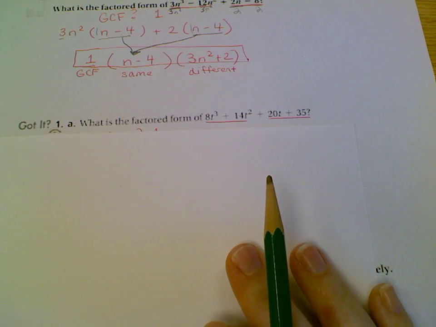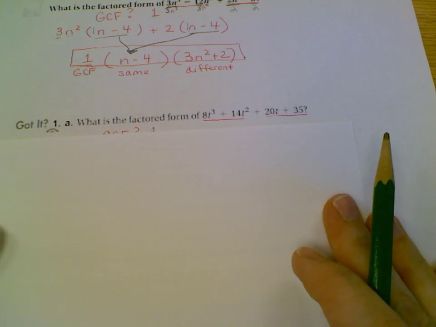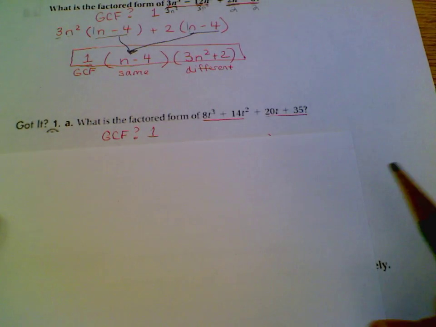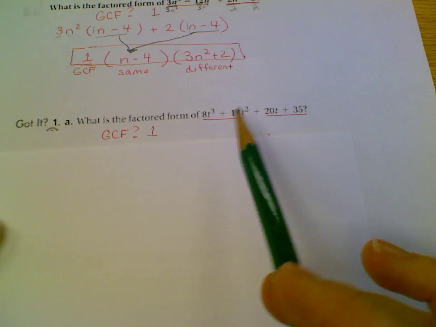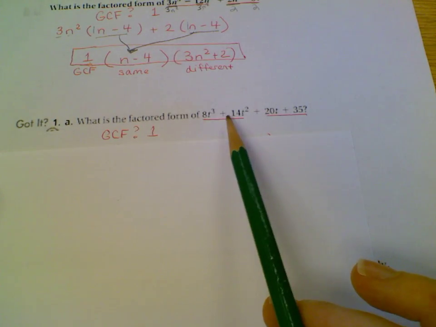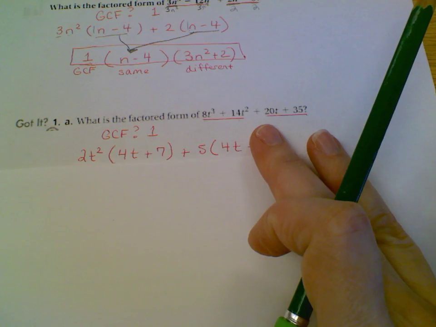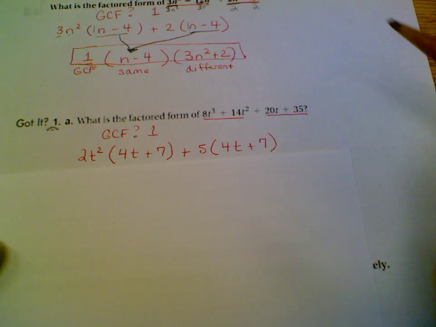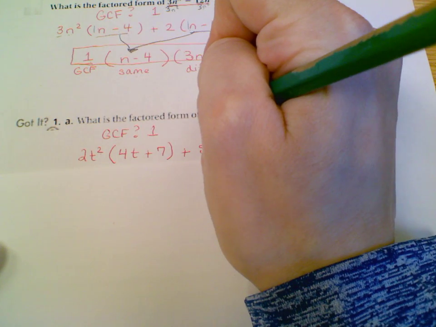So on the next question, you have this polynomial, so you're going to look for a greatest common factor, and you should have found that the greatest common factor was 1. I'm going to group the first 2 and the last 2 together and find the GCF. So the GCF of the first 2 should have been 2t squared. So when I divide by 2t squared,